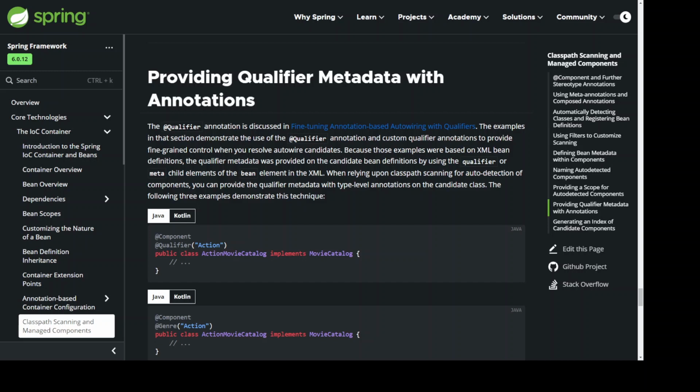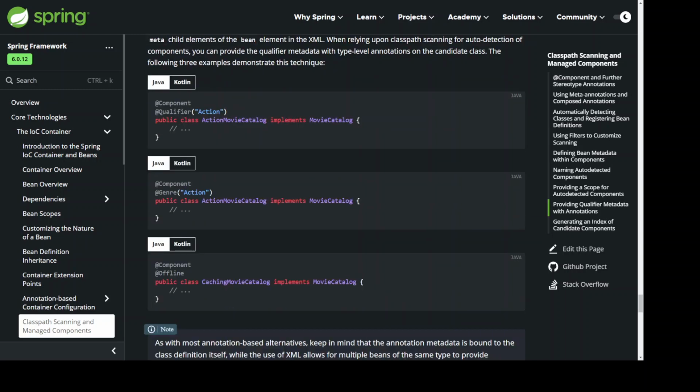To generate the index, add an additional dependency to each module that contains components that are targets for component scan directives. The following example shows how to do so with Maven. <dependencies> <dependency> <groupId>org.springframework</groupId> <artifactId>spring-context-indexer</artifactId> <version>6.0.12</version> <optional>true</optional> </dependency> </dependencies>